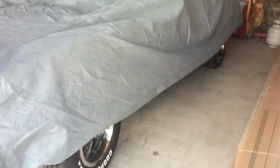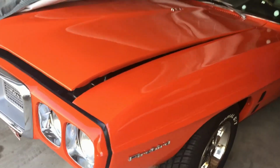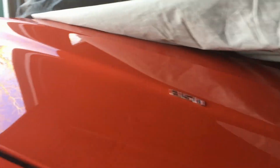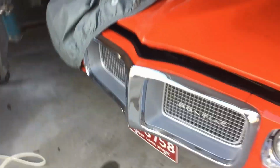Yeah, what is this one here? Oh, Pontiac '69 Firebird convertible. I think we hit the jackpot, guys. Oh, nice. Another convertible. Yeah. Oh, this is beautiful. I sold this car 5 years ago, and then the guy redid it, and I bought it back. I love these first gen Firebirds too. You know, almost to the point where I like them better than...